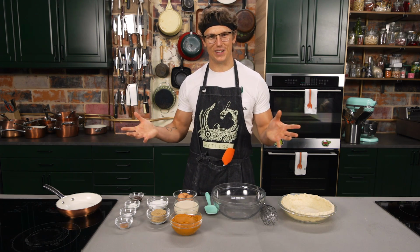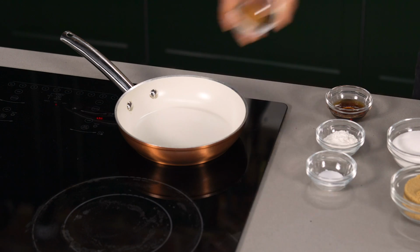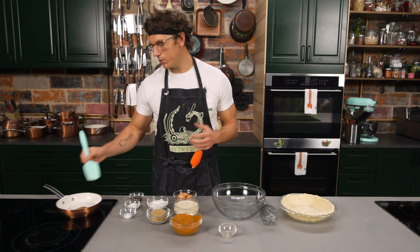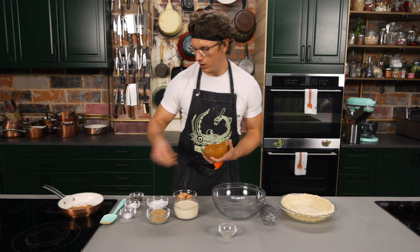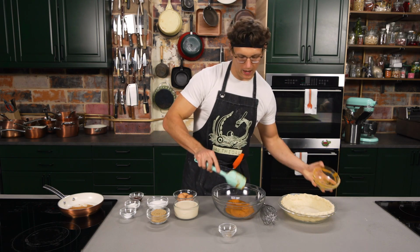So the thing that we can do to make this pie better than Costco is toasting up our spices. So I'm using pre-made pumpkin pie spice. All we do is add that to a pan on low heat. I'm just gonna toast it up just to get it a little bit fragrant before we add it to our pies. And then we're gonna take our pumpkin puree